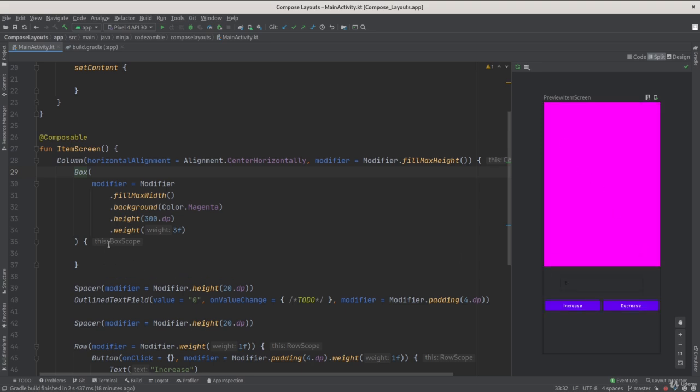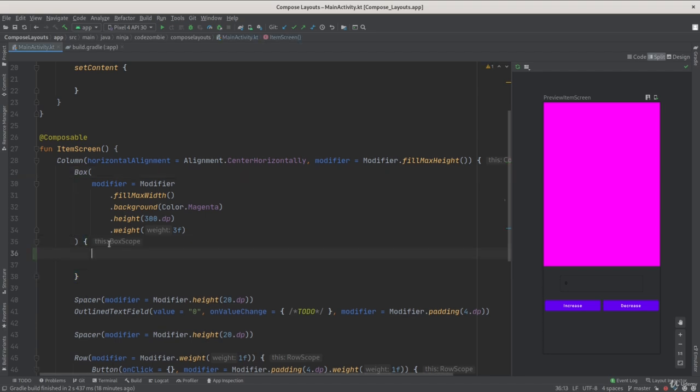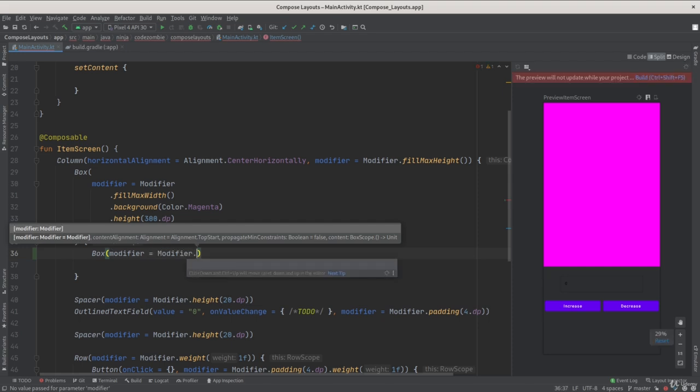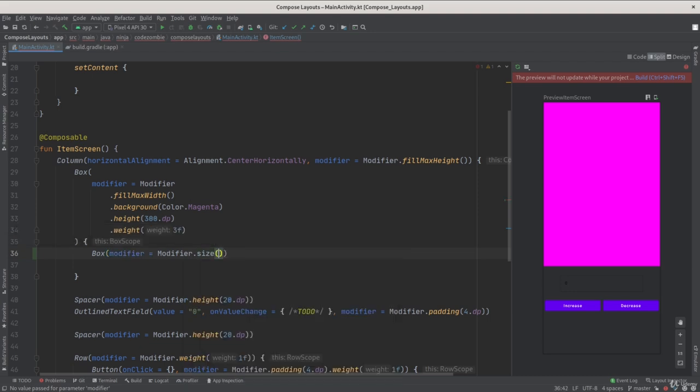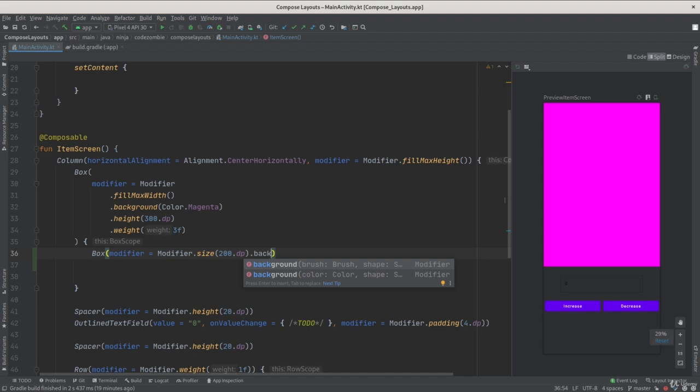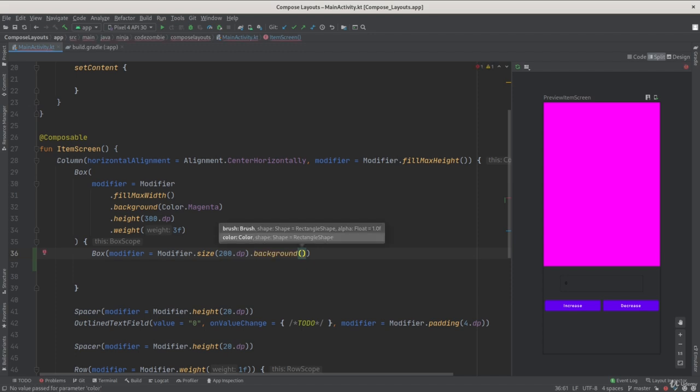So now I'm going to add two boxes inside this current box. First, box, and for the box I specify a modifier to give it a size. For example, I give it a size of, for example, 200 dp, and also make sure you give it a color so that we can distinguish our boxes inside the parent box. Background, I give it a background of, for example, blue,